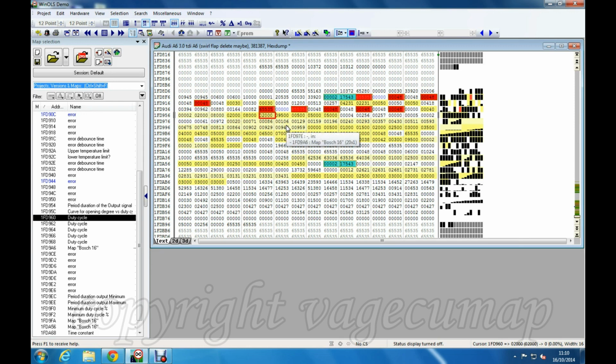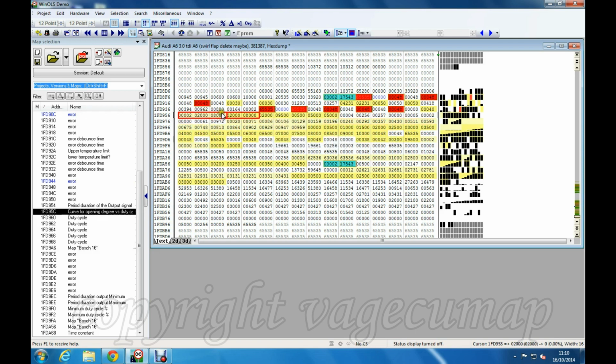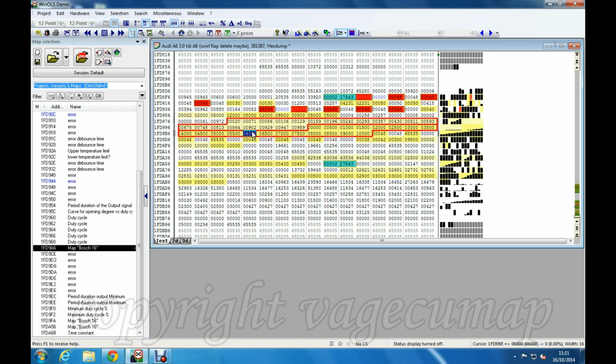Now, again, you may or you may not get this. This appears to be another map to do with actuator output, and you don't need to touch that. So again, you don't have to do anything to do with that. Some files have this. It seems to be another version of that one there. Some files don't have it. So if you can't see it, a large flat linear two-dimensional map like that, then you probably haven't got one.